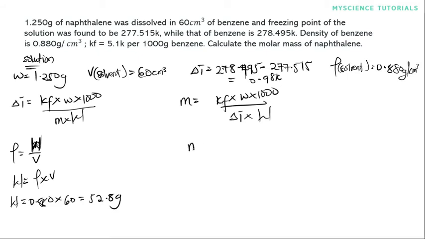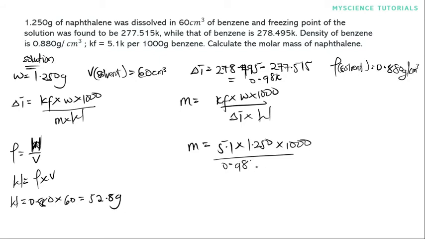So our molar mass is Kf, which is 5.1 given to us over here, multiplied by 1.250, that is the small w over here, then multiplied by 1000, divided by the change in temperature, or the freezing point, which is